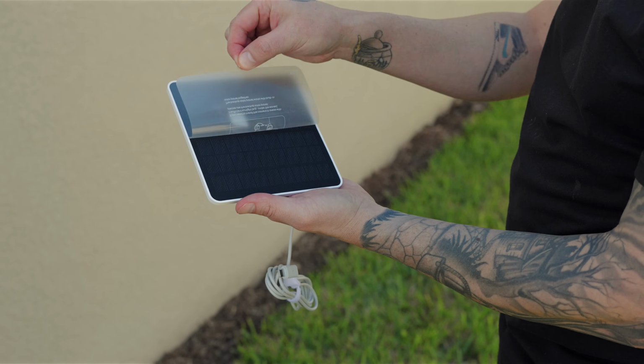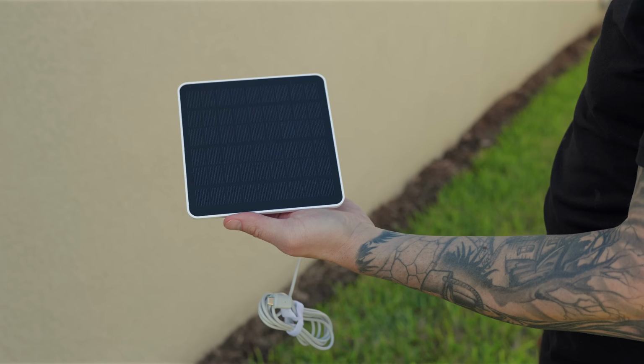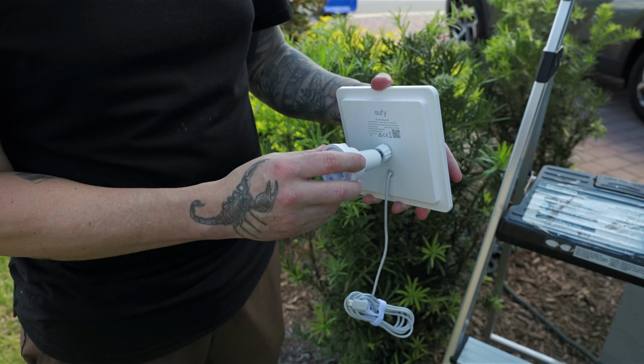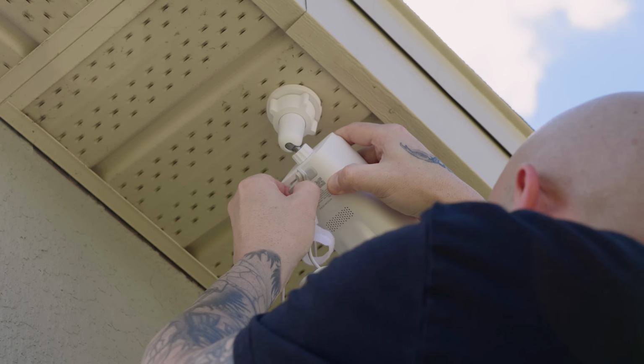If you notice the battery is depleting relatively fast, you might need to utilize the additional solar panel. Just pick a spot around your house where it gets a lot of sun. Go ahead and use that third camera mount to attach to the bottom of the solar panel, attach it to your house, position the solar panel towards the sun, run the USB-C cable from the panel to the camera, and